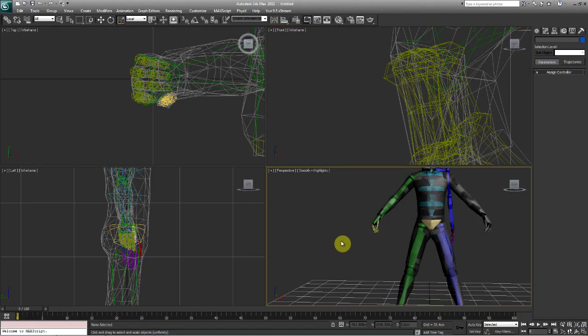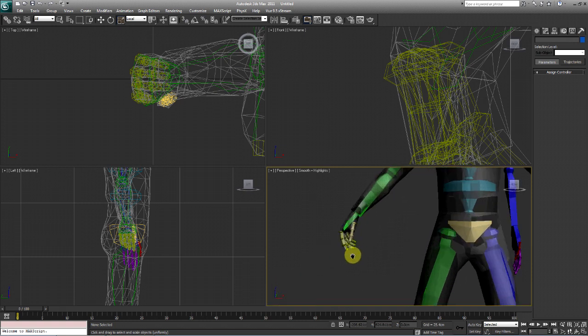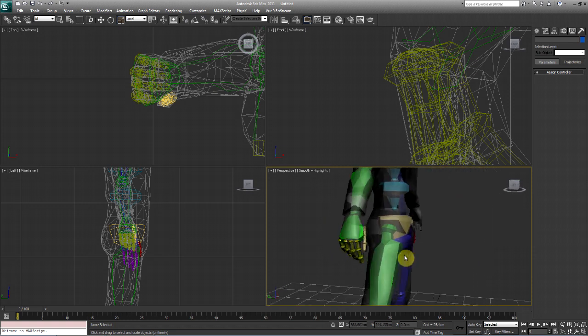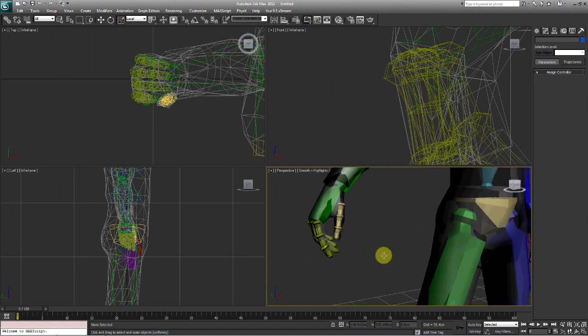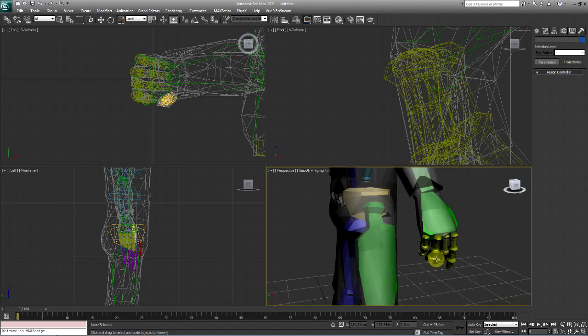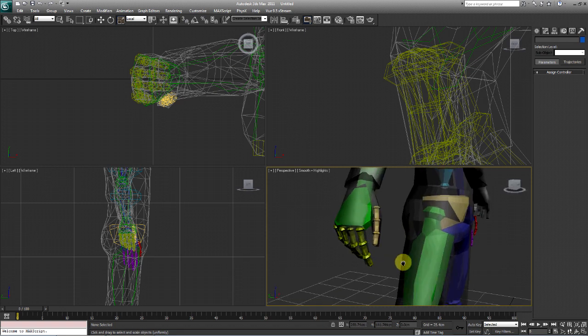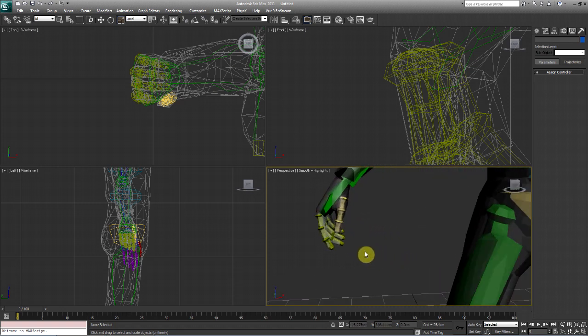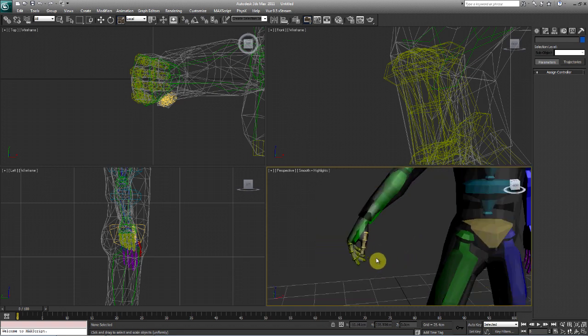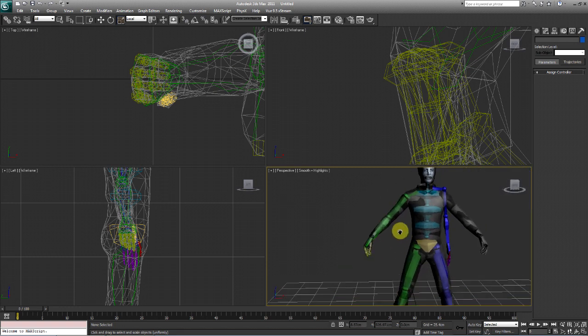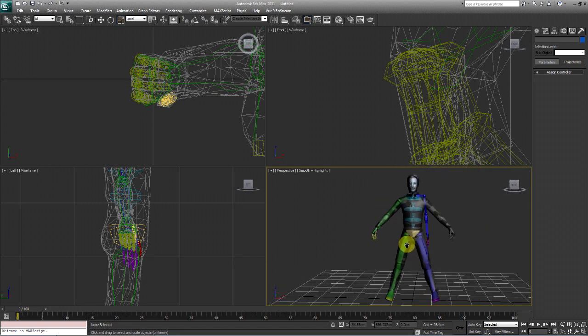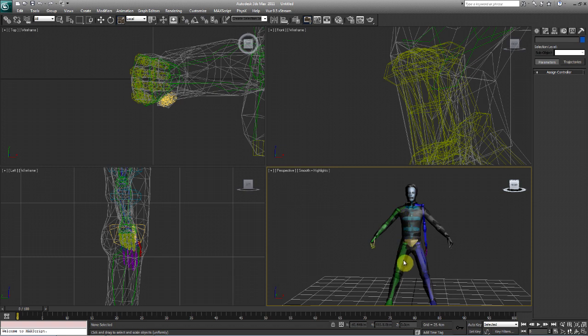Alright guys, welcome back. I feel like Martha Stewart right now because within one split second I was able to finish the hands, but I actually did rig it myself, and it took at least 10 minutes to get it the way I wanted it. So let's look at what we have now. We already have the right side of our body done.